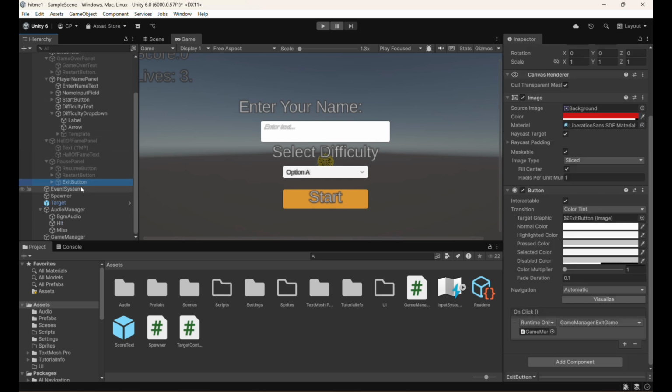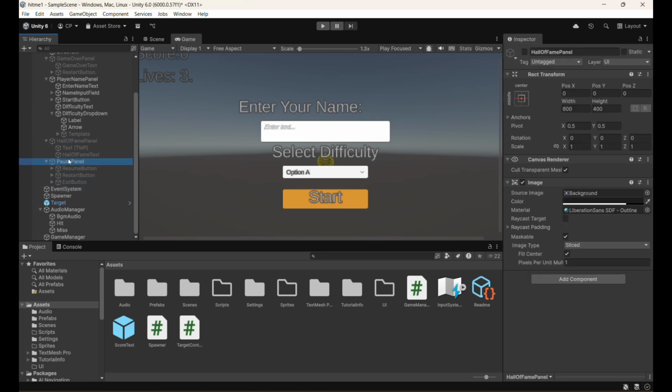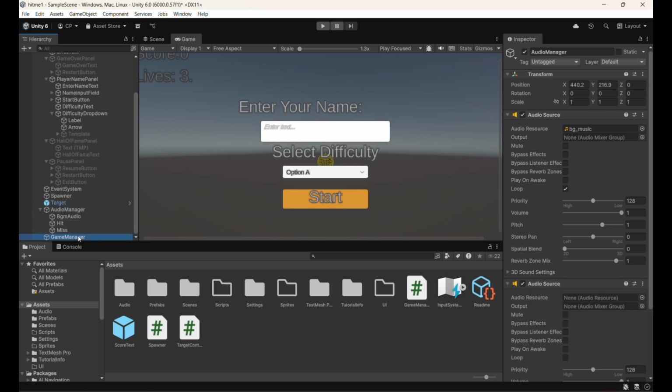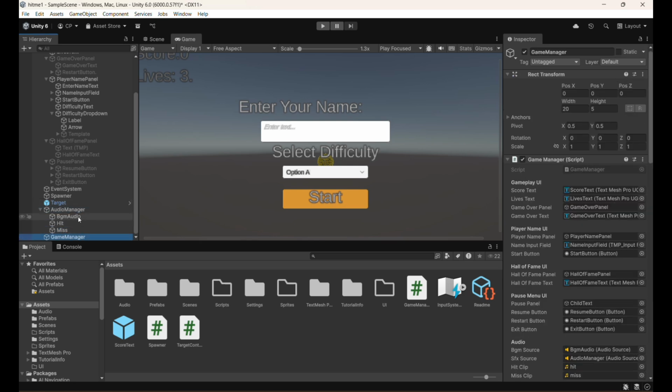So, the UI and audio overview: all UI elements are placed inside the canvas, and panels like game over, Hall of Fame, player name, and pause are disabled initially. They are activated only during the relevant game state. The audio sources are assigned properly in the inspector. Hit and miss sounds are triggered by the game manager methods AddScore and LoseLife. Background music loops during gameplay,